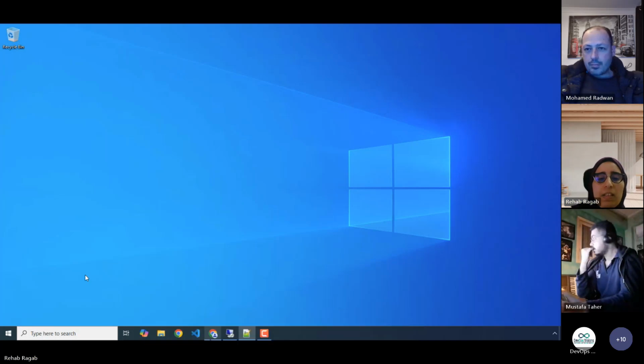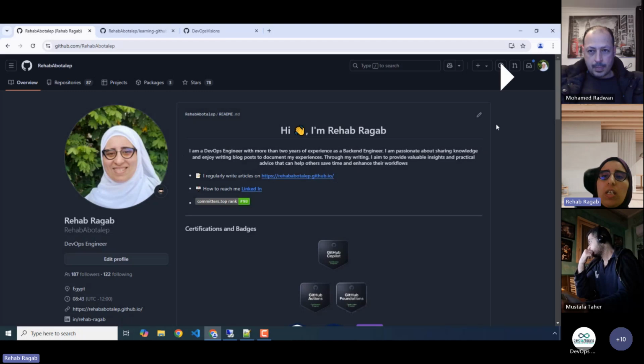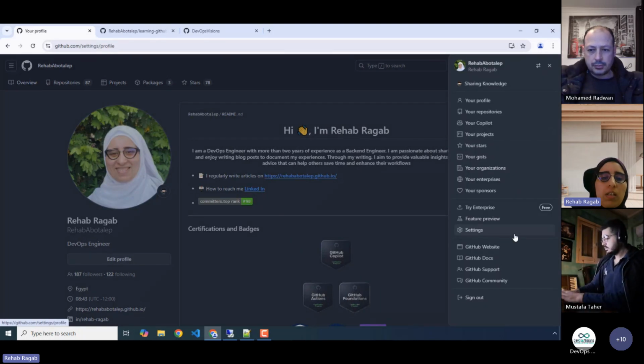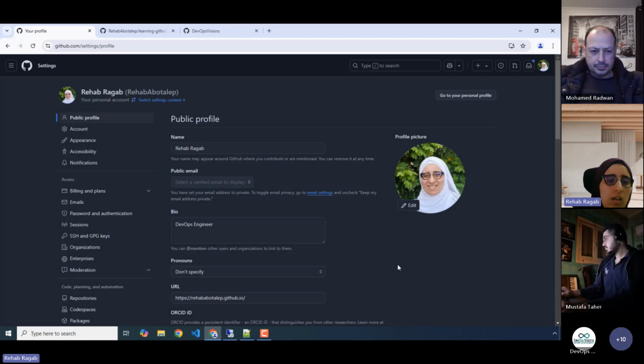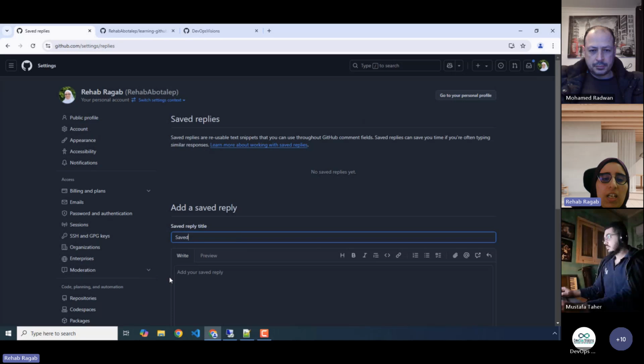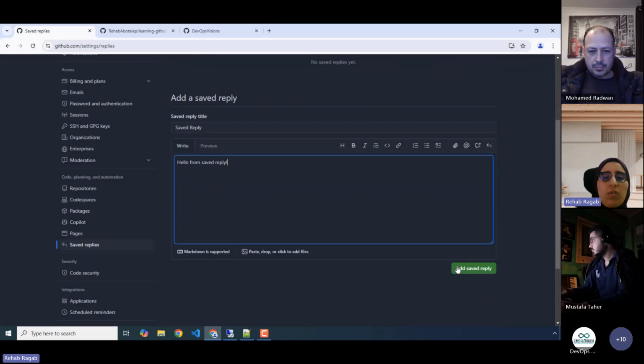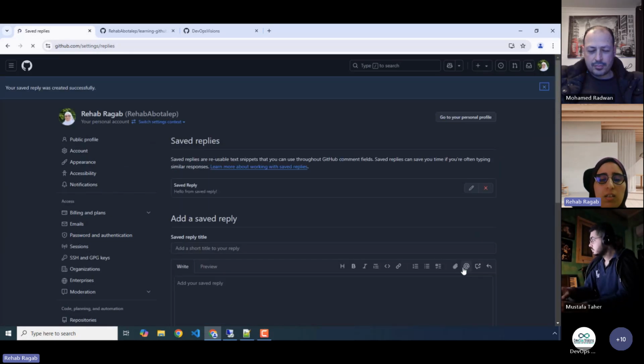Saved replies are tied to your personal GitHub account. To create one, go to Settings under your GitHub account, and under the Code, planning, and automation section, choose Saved replies. You need a title for the reply and the reply itself. This is just a sample, hello from saved reply, and let's add it.